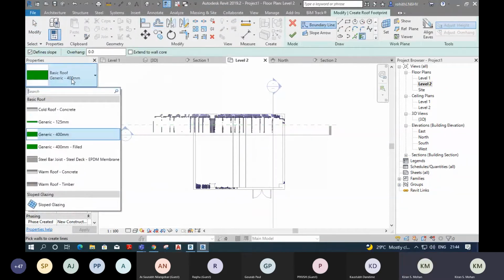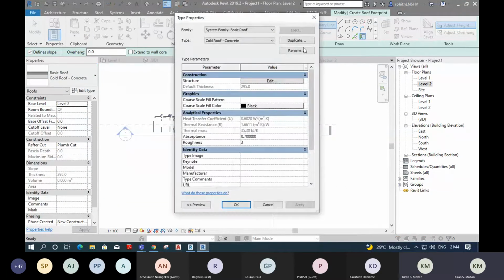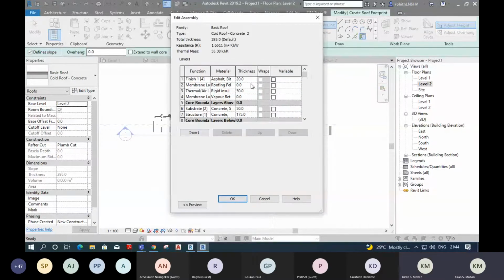Wait 1 second. Let it be 75. Only for academic purposes I change the dimension. It's not standard. Just go to roofs. I don't need slope for my roof. So just select it. Go to 3D view.